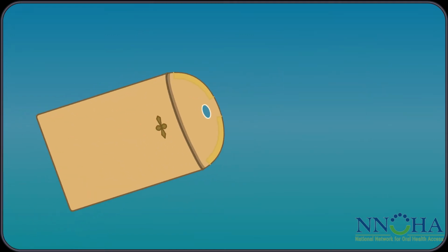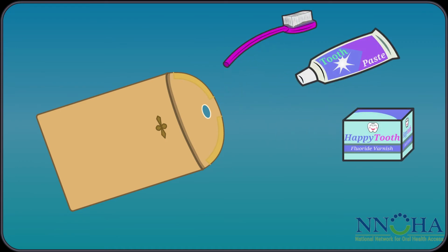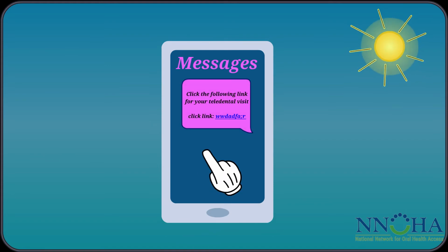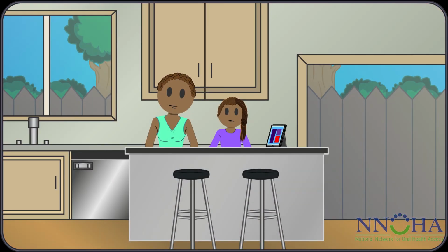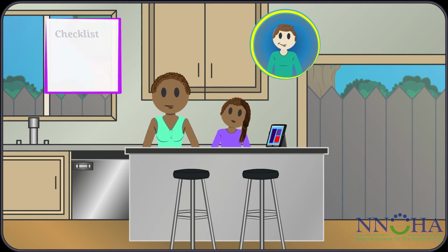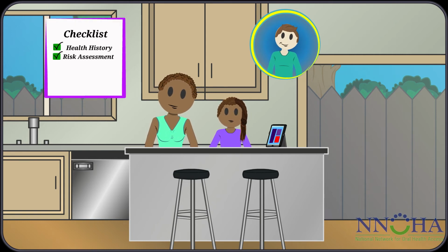The clinic mailed a pre-visit packet that included a toothbrush, toothpaste, fluoride varnish, patient education materials, and instructions for taking photos of Jasmine's teeth. The morning of the appointment, the clinic texted a link to the teledentistry appointment. Jasmine and her mom logged on at the appointed time, using the mom's cell phone in the kitchen of their home. At the appointment, the dental assistant completed the health history and conducted a risk assessment and helped the family